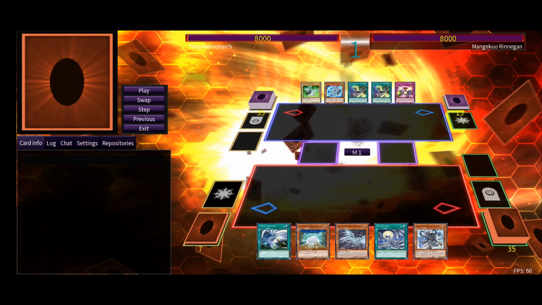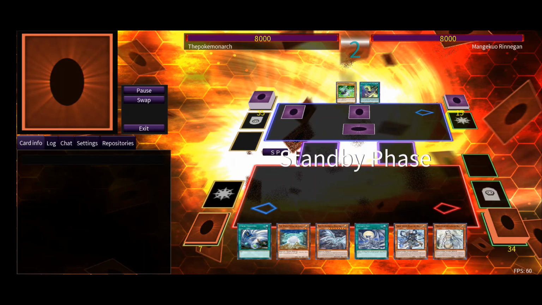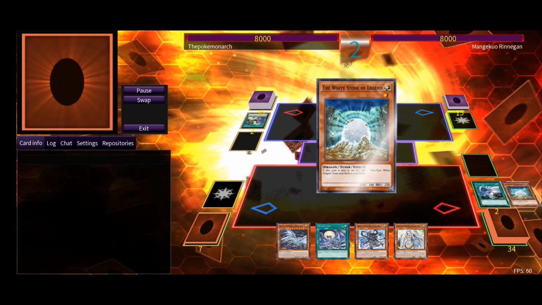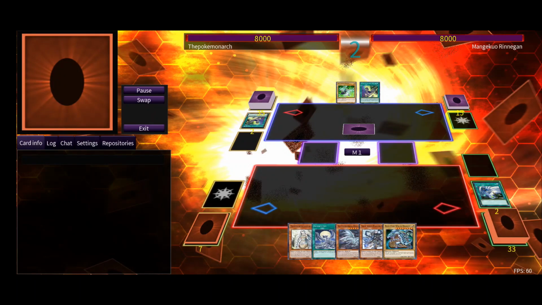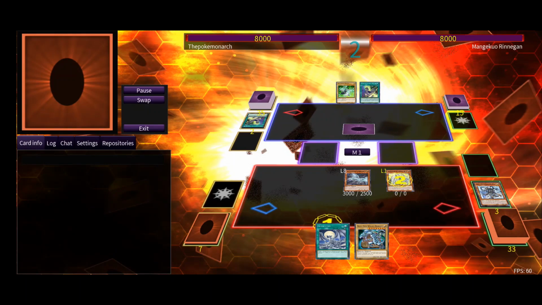This guy has Virtual World, and we're just gonna jump right into it. His opening hand is not that great. He just sets 1 and sets 2 back row and passes. We Twin Twisters his back row, and then we proceed to add Blue Eyes to our hand with our White Stone of Legend. We summon out our Blue Eyes Alternative, summon Maiden, use Sage to bring out Blue Eyes, 2 Blue Eyes actually,